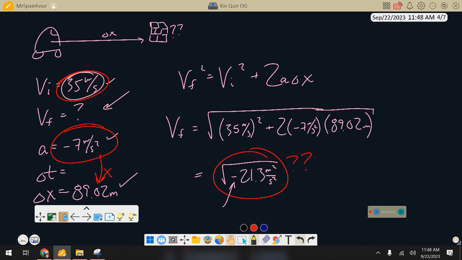So what does this imaginary mean? This can't happen, and once again does not make contact with the wall. No contact with the wall, because that can't happen. If it were to happen, this would actually end as a positive number, meaning you're traveling at some speed when you hit the wall. So yeah, you do make contact with the wall in that case. Let's move on to number